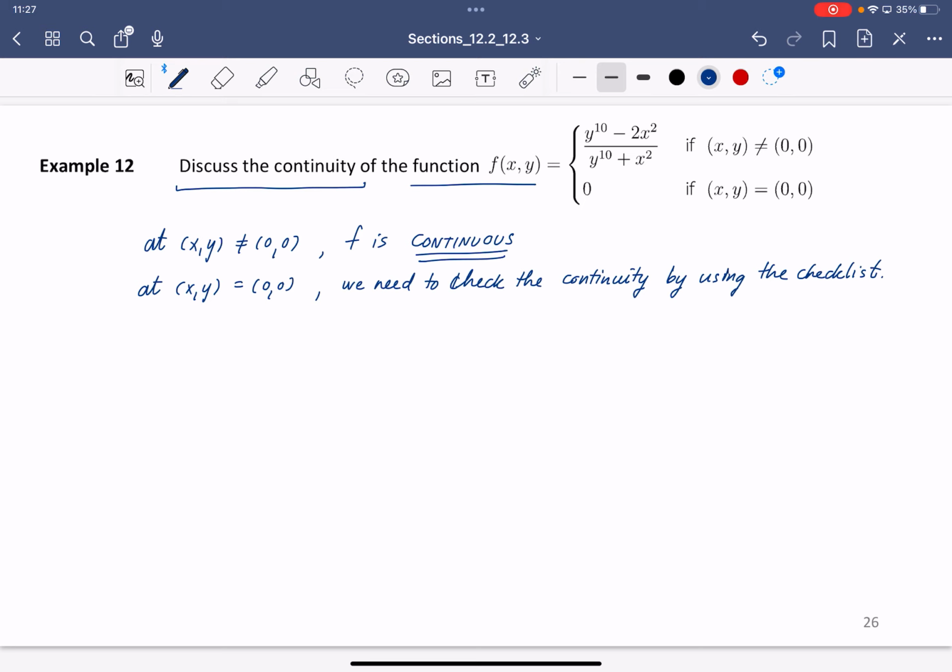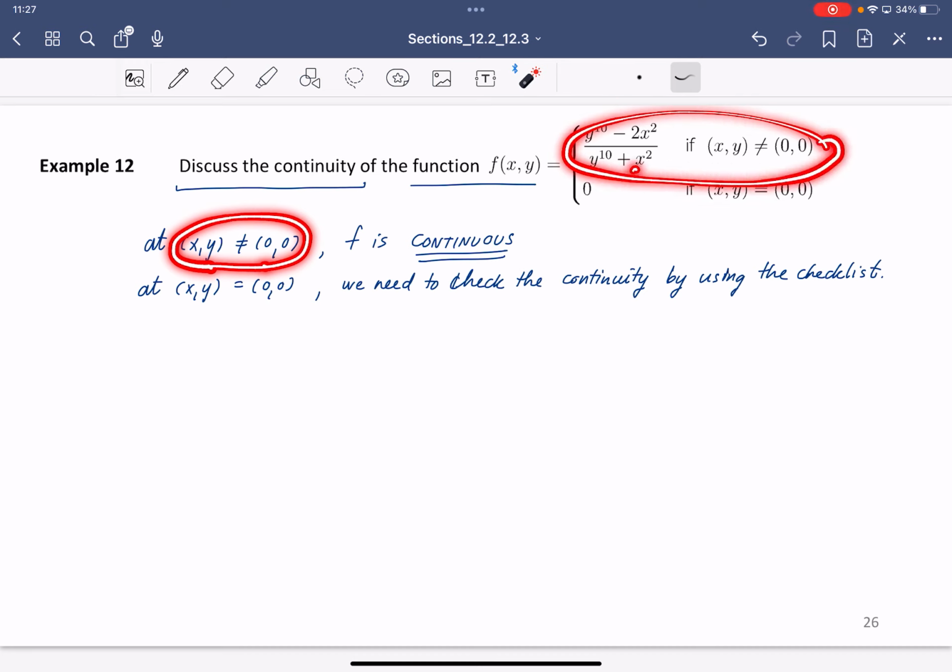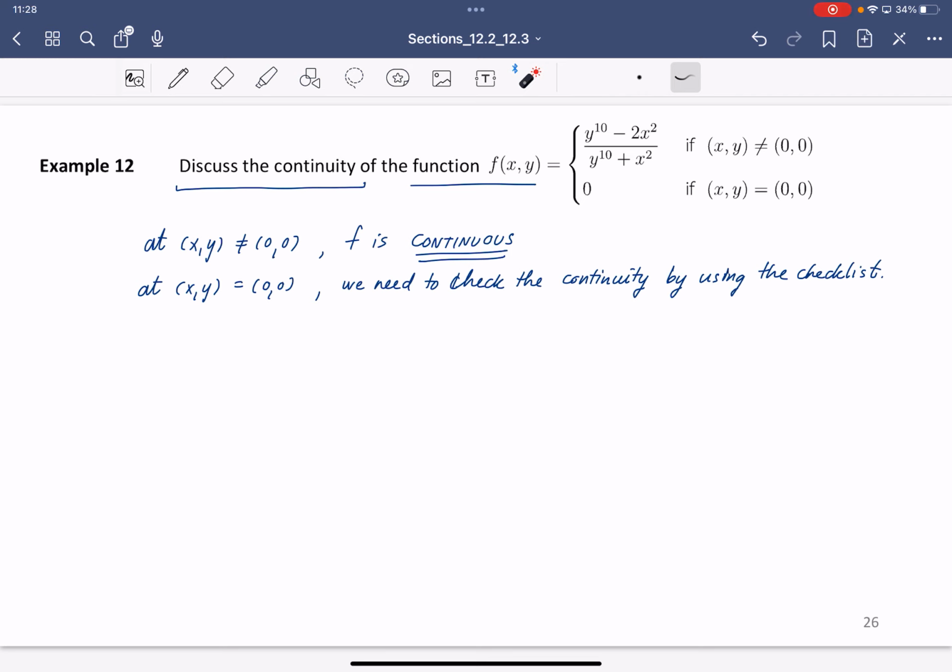Right. We need to check the continuity by using the checklist at the point (0, 0), because at (0, 0) there is no guarantee that the limit is the same as the value of the function. But at any point other than (0, 0), it is okay because you get a rational function here. So basically you only need to check at the point (0, 0). Alright, so sounds good. The reason why I can claim this is because we talked before that